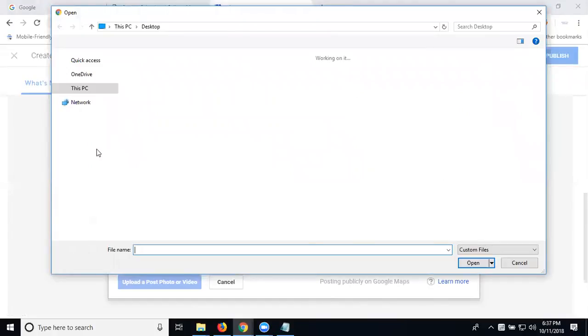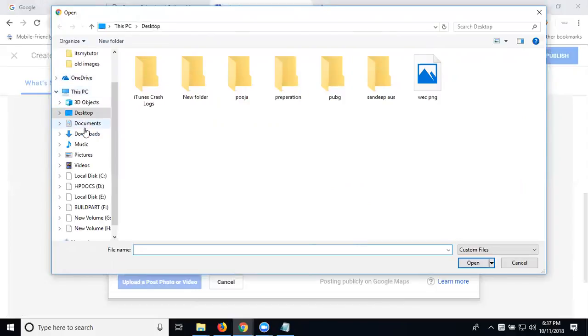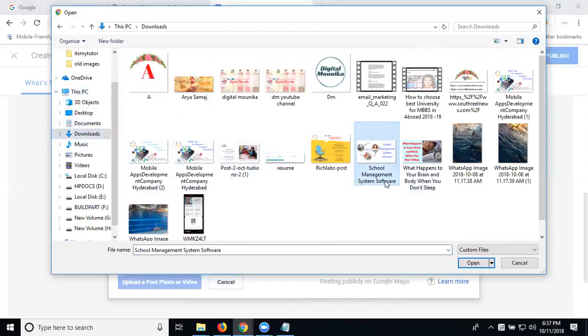Go to proper documentation. The image will be made using canva.com. So here I select this option. Copy.